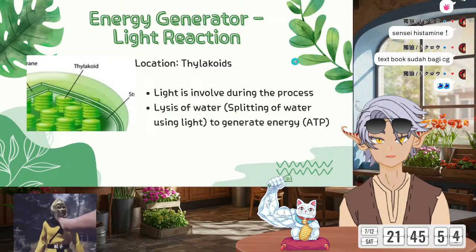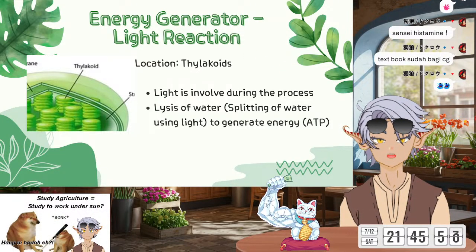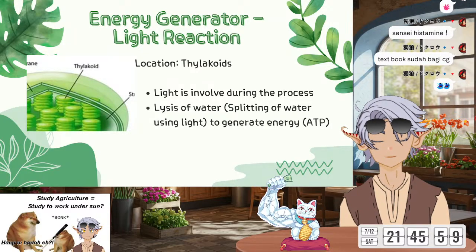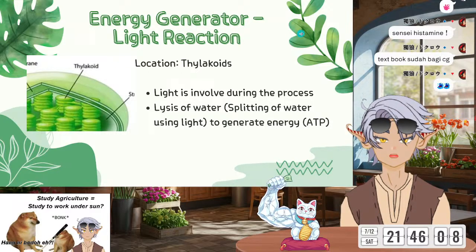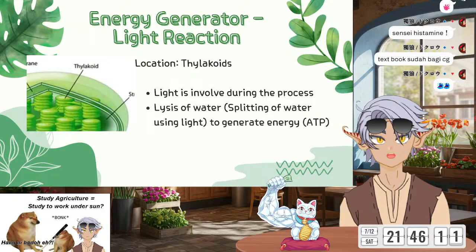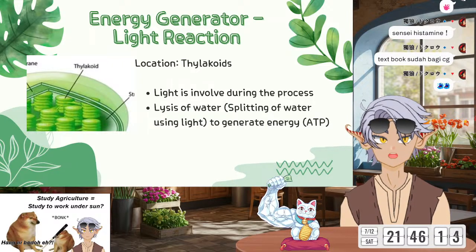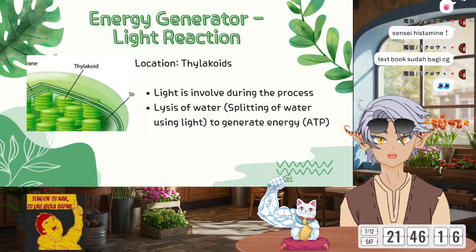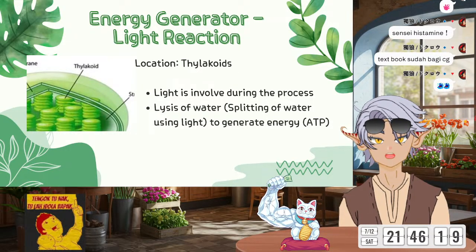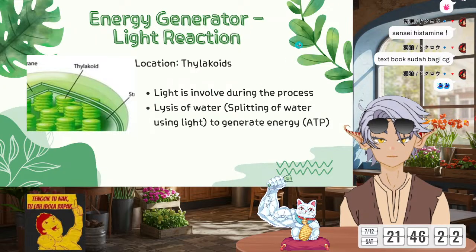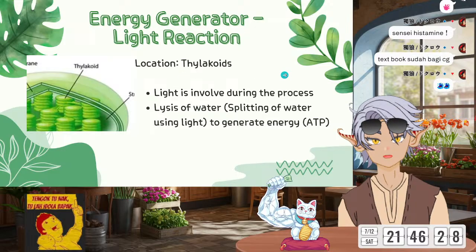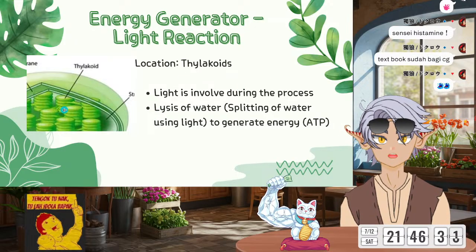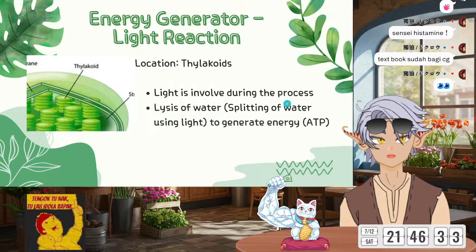So how the light works, there are many details happening behind those thylakoid, which is super complex. And if I show here, my core current view will not be 0, and it becomes -5 or -50. Yeah, it's too complex. Anyway, light is involved during the process. How is it involved? They excite something inside the thylakoid to break down the water.